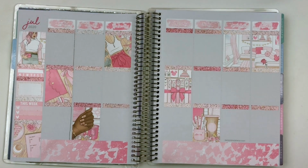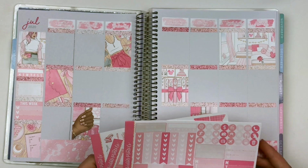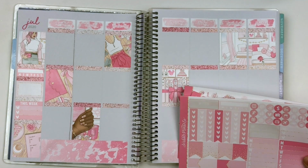This kit reminds me of Ilza besides all of the pink, like the Harry Potter vibes and the nails and stuff. And obviously the planner things. Okay, so I'm going to put these checklists here. What else can I put? Oh, I think